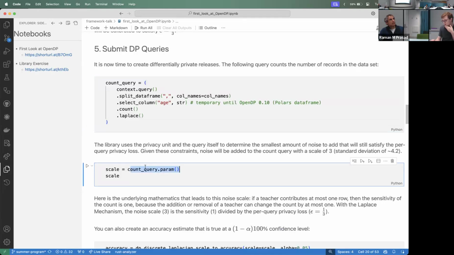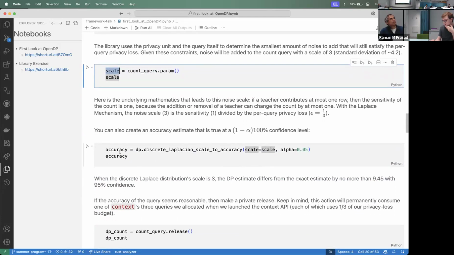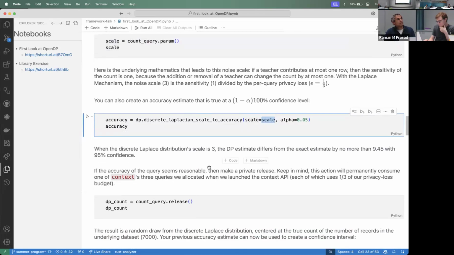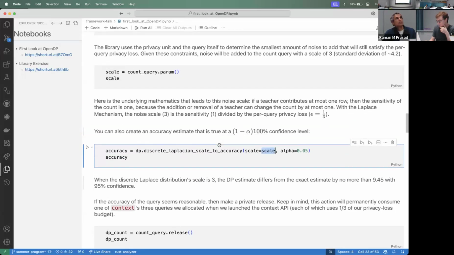Now that I've created this query, I haven't released it yet, but I can look at what the scale parameter is going to be. And there's a library API to determine what the accuracy of this query will be, given the scale parameter we have. So we say when the discrete Laplace distribution scale is 3, it was